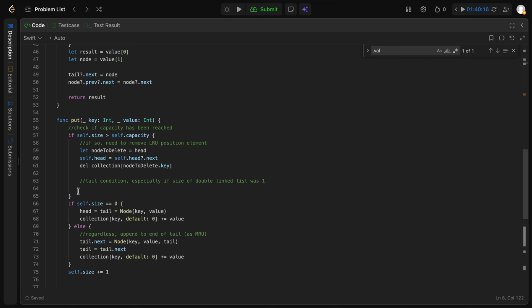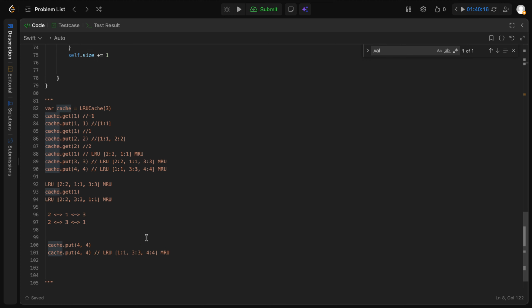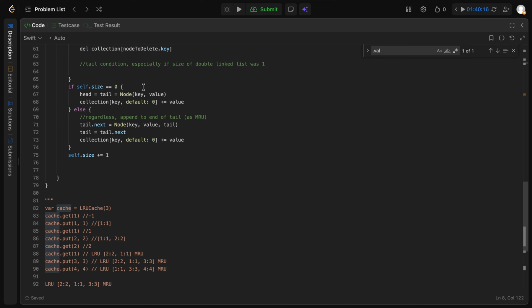So if we update the value, then we also want to bring it to the most recently used. So let me get rid of this. Let me just do that. Let me equal this. Get rid of this. For both of these calls,